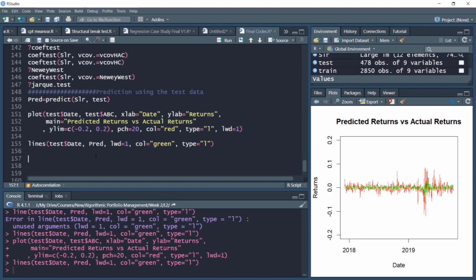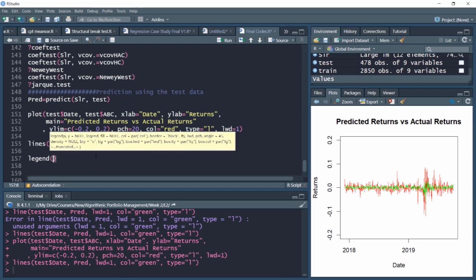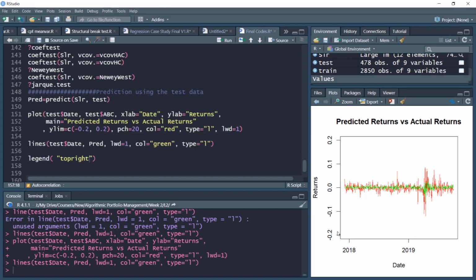Now to make it more aesthetically clear, I'll also add the legend here. So legend, let's put the legend on the top right. I see a lot of empty space, so I'll put the legend on the top right. And notice, you can see that in our window, minus 0.2 to plus 0.2, a sufficient amount of gap is there.